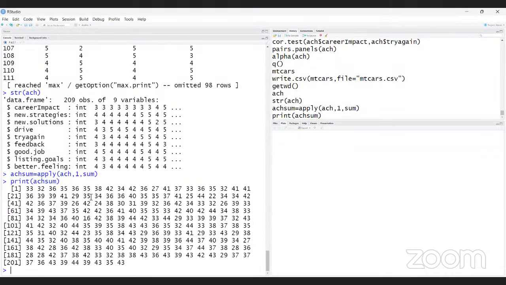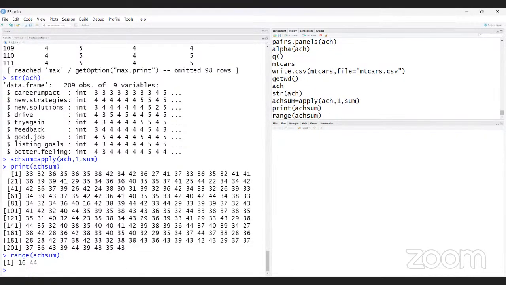Minimum data will be 9 and maximum data will be 45, no? Therefore, I can write down range, bracket H sum. 45. Okay.